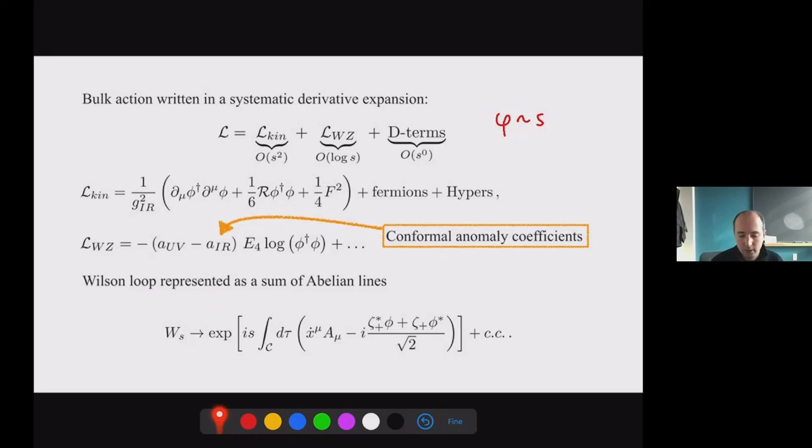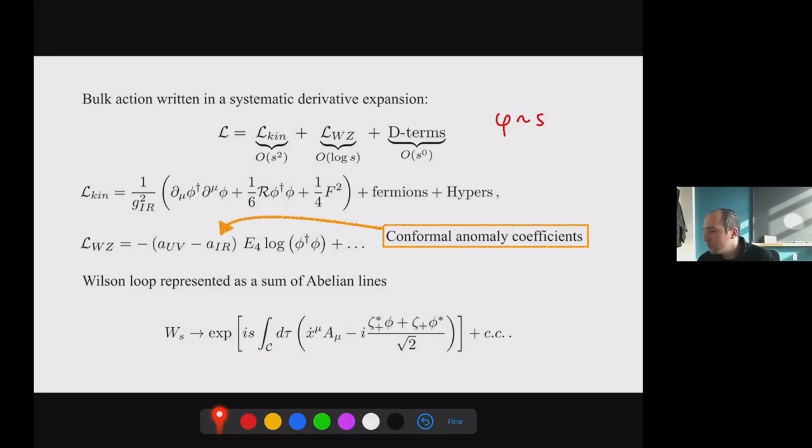Formally, you should represent it through its representation on the Coulomb branch, which is classified for these lines. But the only components which give a non-suppressed contribution are essentially the highest weight. So I think it's quite intuitive that you represent it as a sum of abelian lines of charge S and charge minus S in the most generic case. But it's straightforward to generalize to the non-generic case.